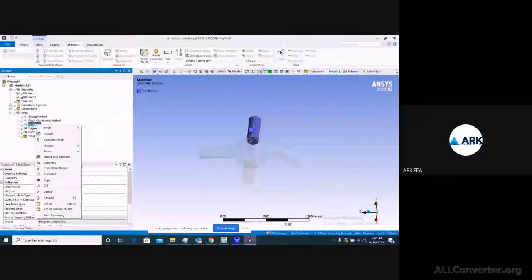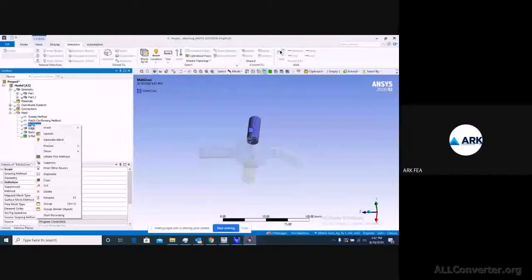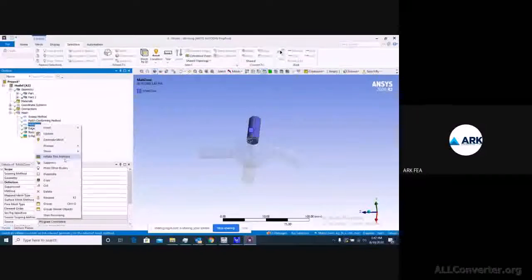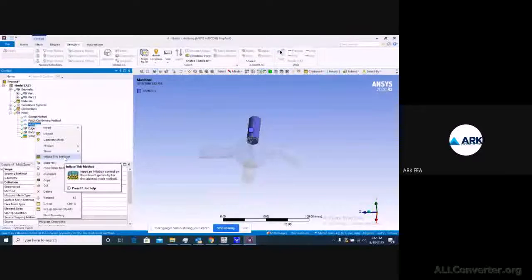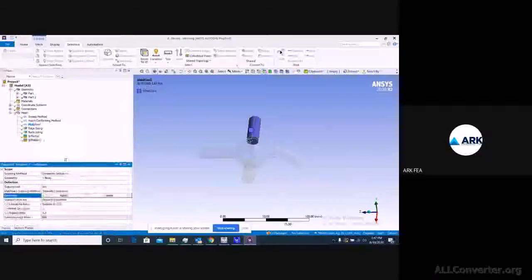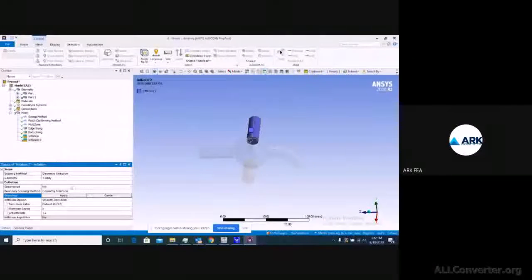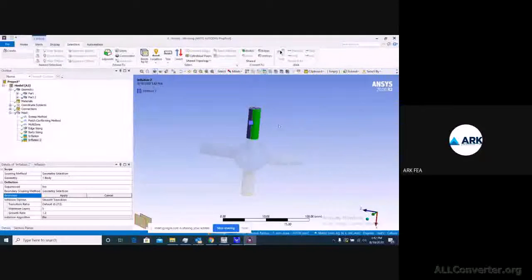Right, so directly from the method itself you can add inflation. Just click on the method you have defined under your mesh and check for inflate this method. So define the boundary for it.